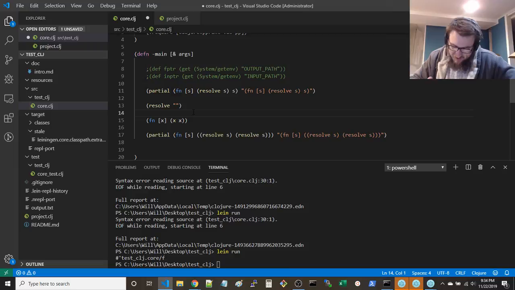That is the function that if resolved returns a string. If not resolved,